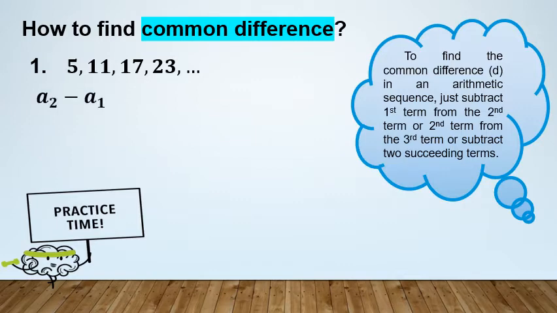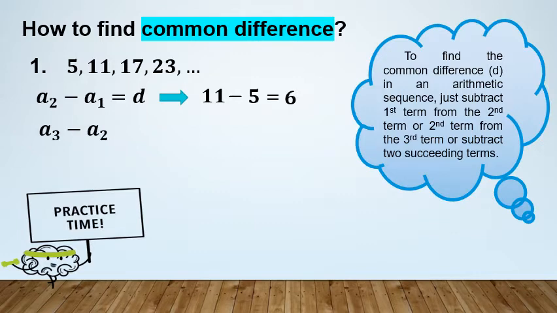So, dito, ang mangyayari, a sub 2 minus a sub 1 equals d. Ano ang a sub 2? Or ano ang second term natin? We have 11. 11 minus the first term na 5. 11 minus 5, we have